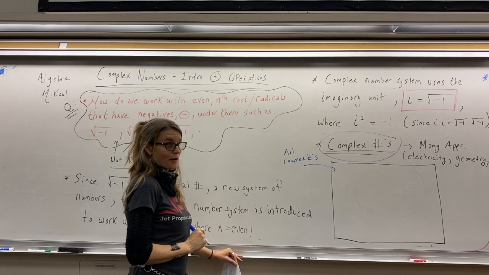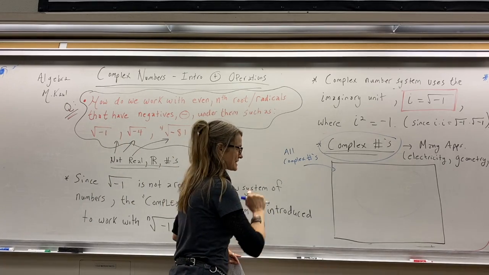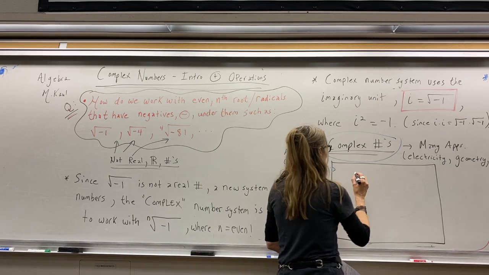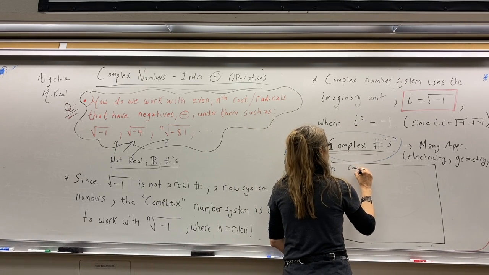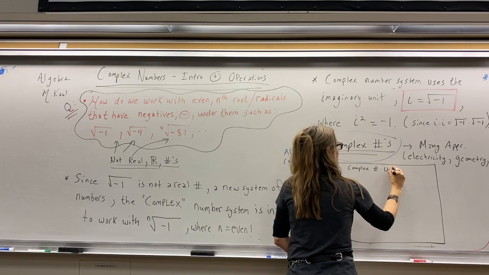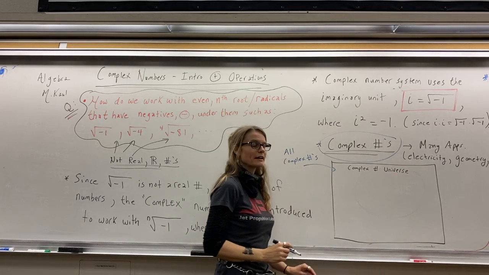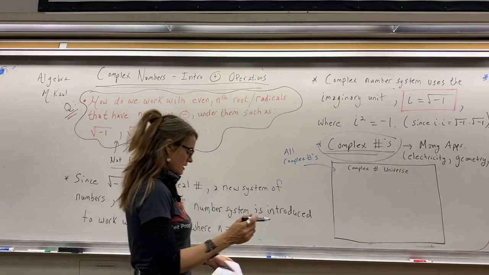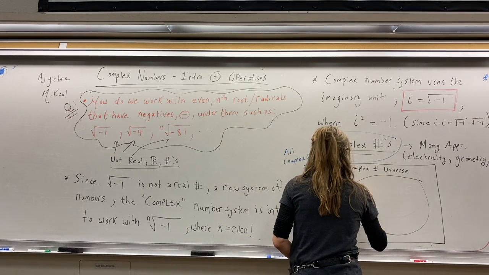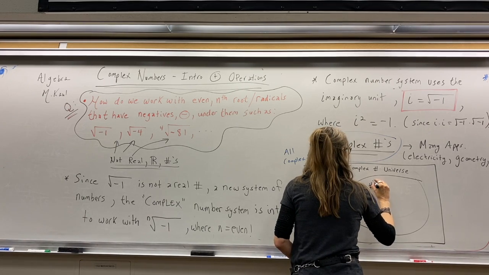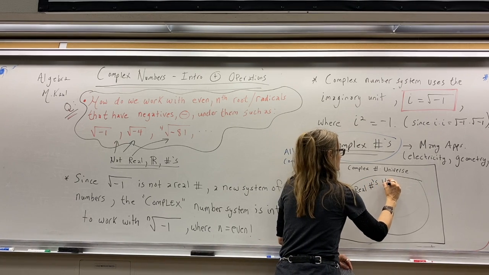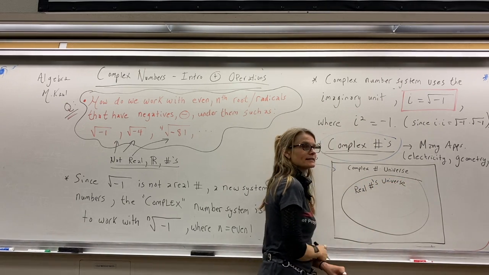All complex numbers possible, which is a lot. So obviously they can't be contained in all this box, but this is just a little pictograph here. We have complex numbers, universe, and inside complex numbers we have the entire set of real numbers. So inside this we have real numbers, and if you remember, real numbers include, this is the universe of real numbers, and inside the set of real